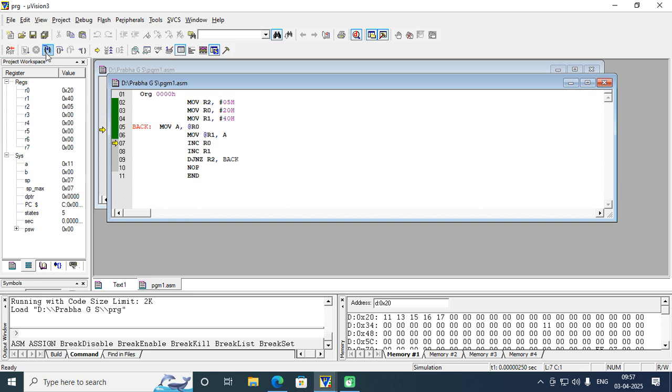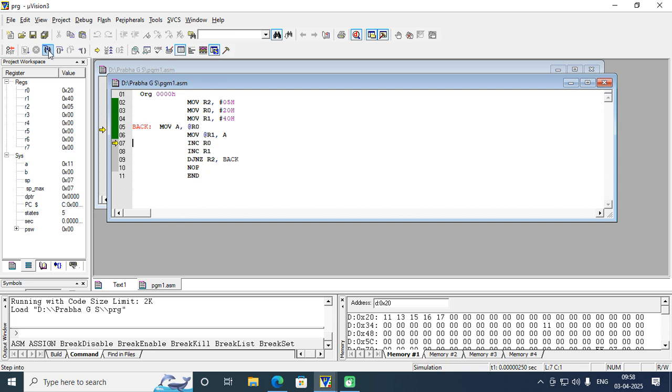Next step, MOV @R1, A. So whatever the accumulator content is gets loaded to the address in R1, which is 40H. You can observe here the memory 34, 35, 36, 37, 38, 39, then 40, this is the 40th location. So 11 has been loaded to 40H.